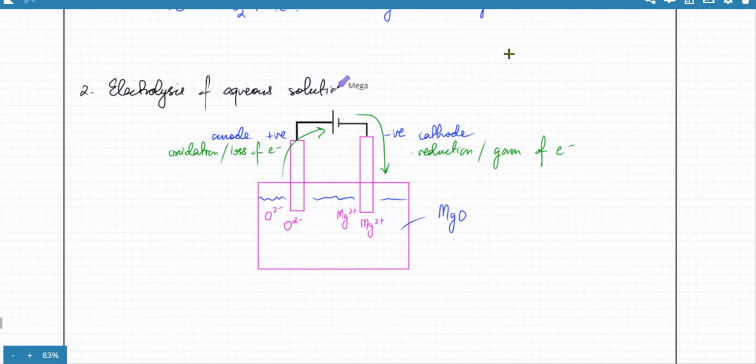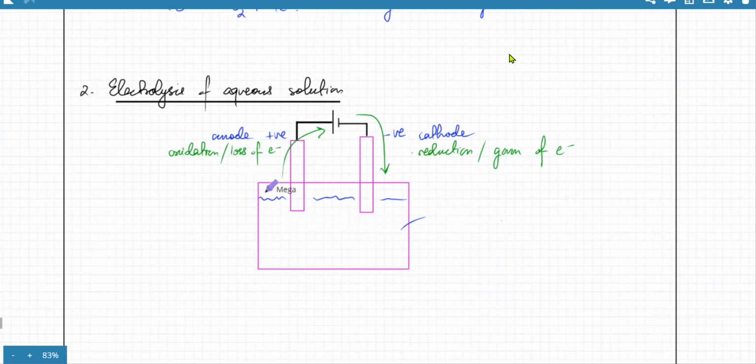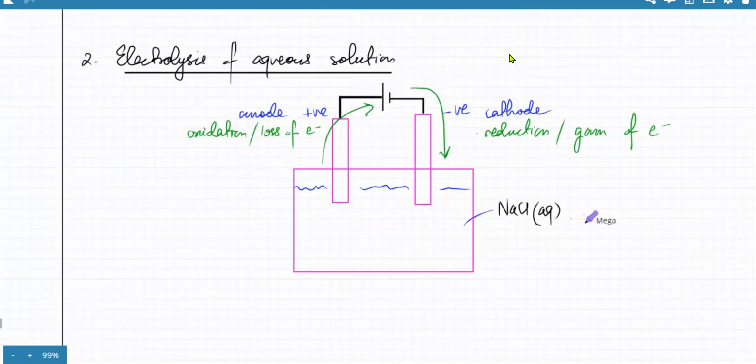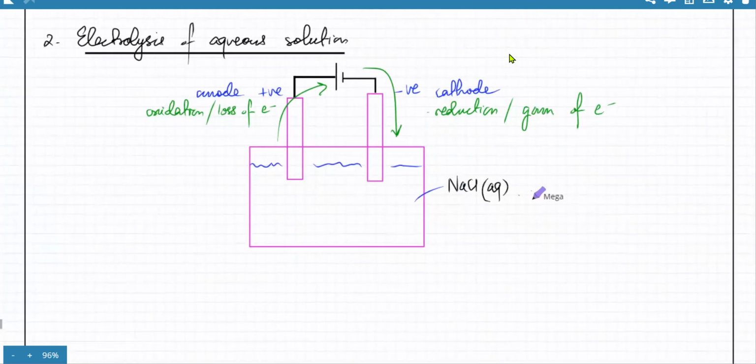Now, in this case, pretty much the same thing is happening. Let's say my ions are different now. I don't have MgO. Instead, I have something else like NaCl aqueous. If I've got NaCl aqueous, then the solution would contain sodium ions, which would be attracted to